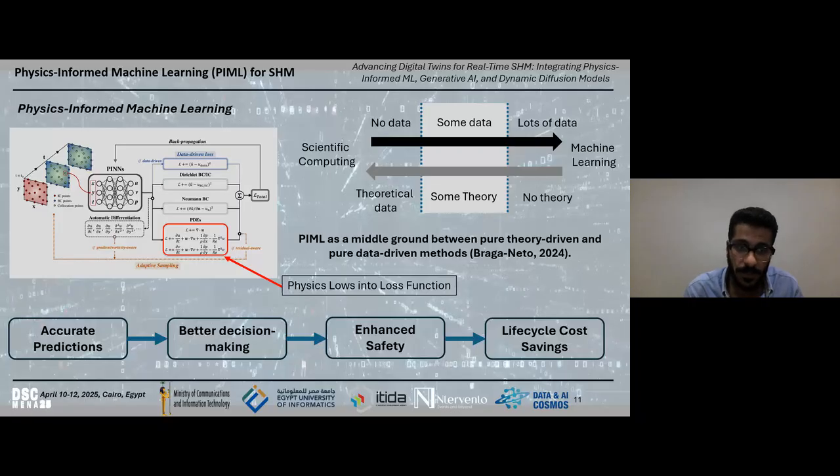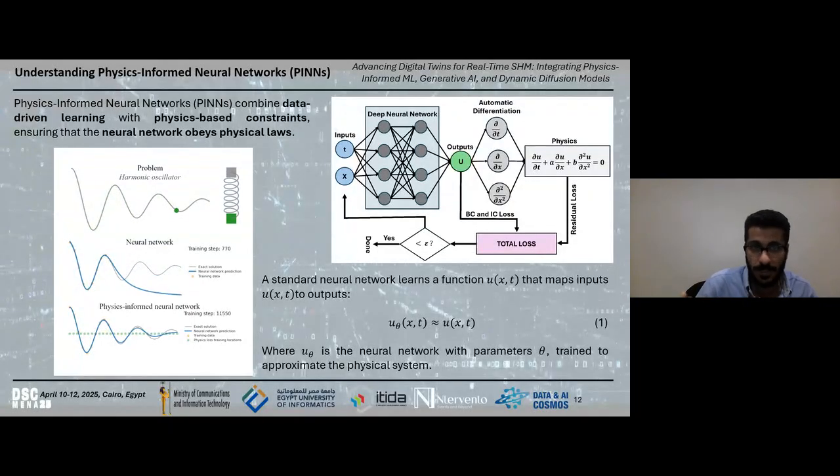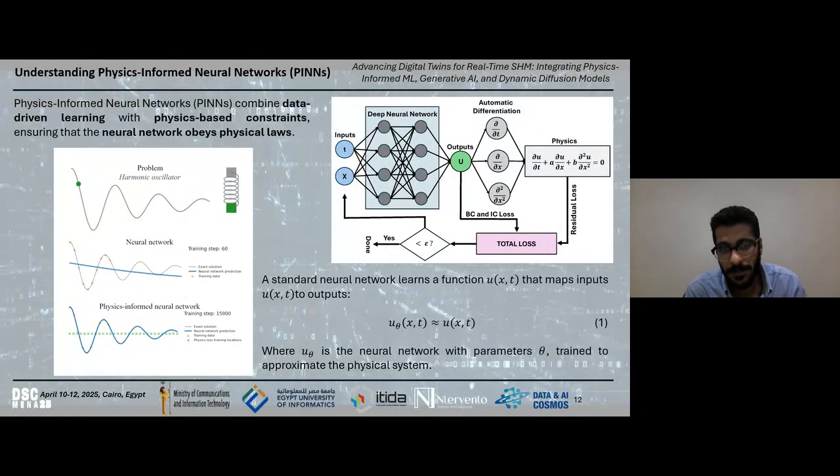So this leads to better generalization, fewer data requirements, and higher trustworthiness, which is especially important when life and infrastructure are at stake. A little bit about understanding physics-informed neural networks. As you can see in the left photo, we start with a physics problem, and then we use the neural network to approximate the solution for faster analysis or faster prediction during online monitoring.